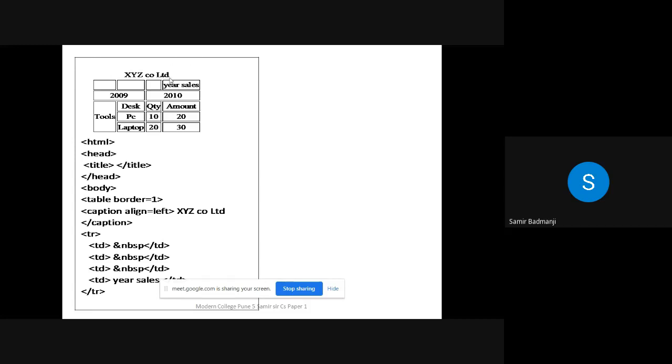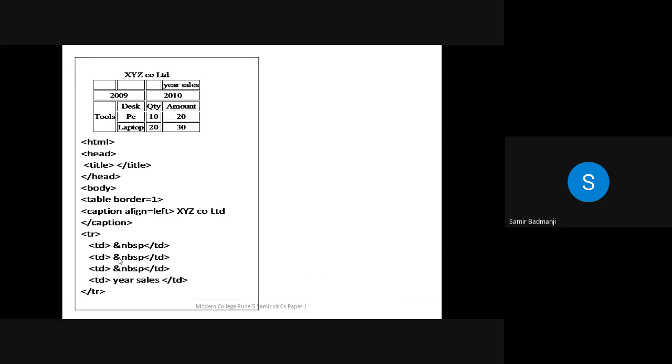Actually in the board exam, this was aligned to the left, so I have just written left, but many browsers don't support this. So even if you write it on the top, you will not lose marks. Now suppose this output is given and it is aligned to the left, then you can write the output on the left. Since this output is given and we have to write the code, if you don't write align equal to left, it will also do.